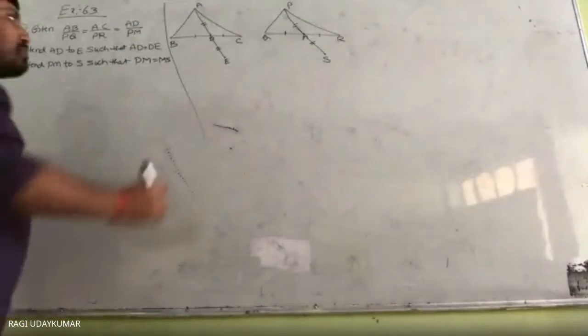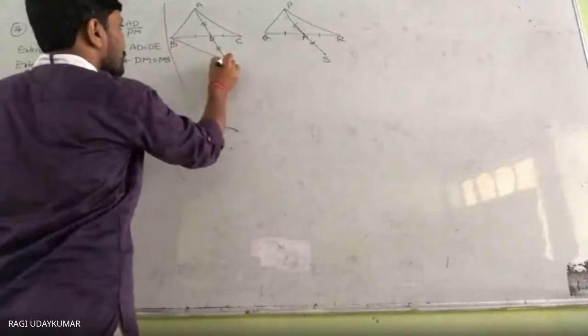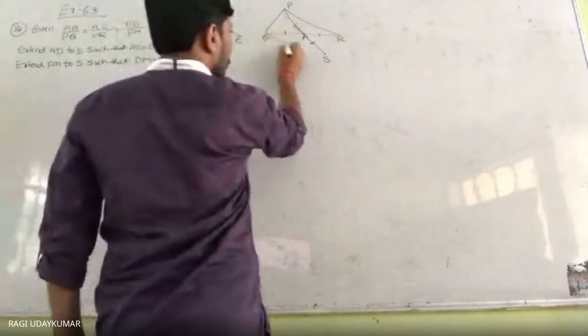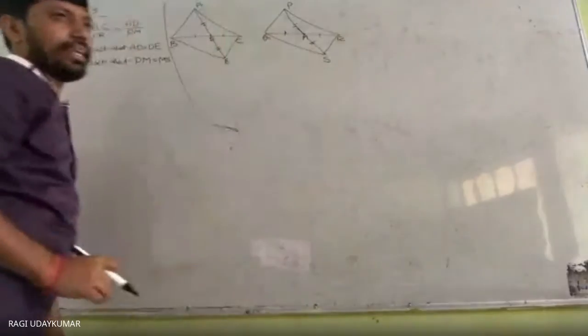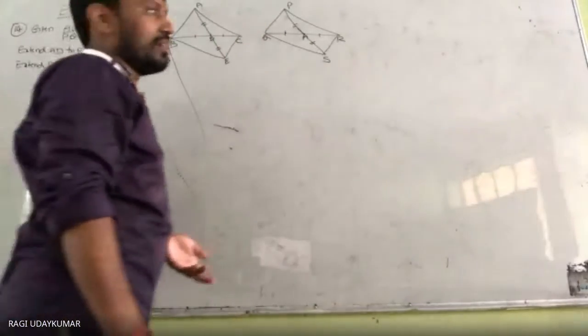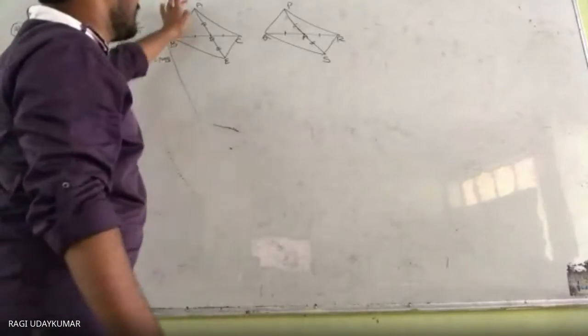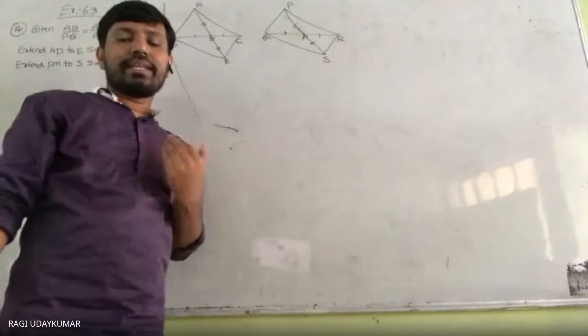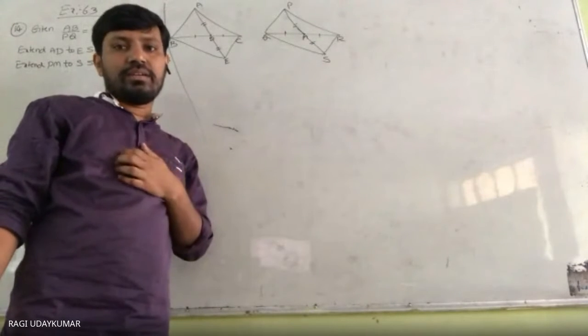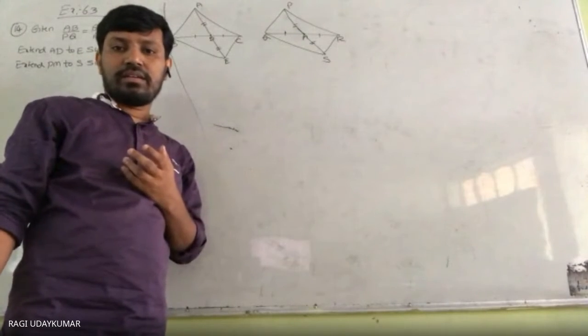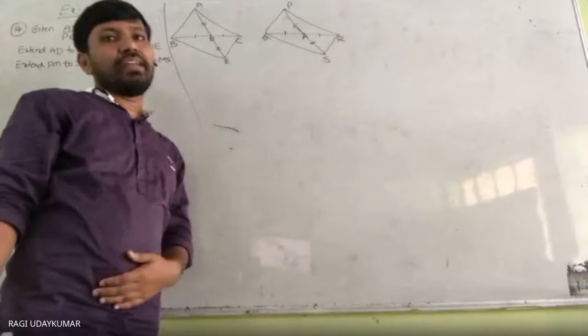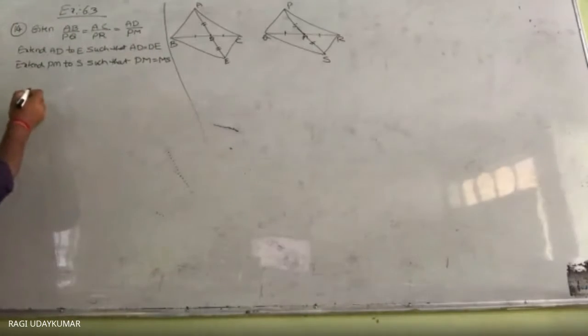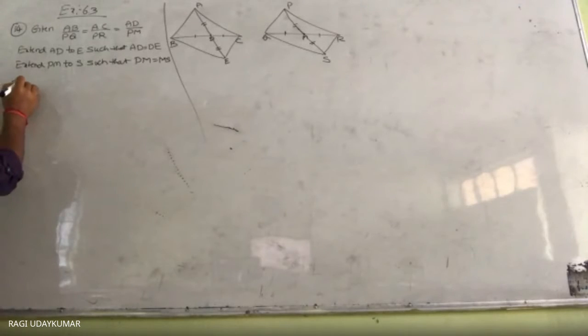So if you are observing properly, join these two. So what does it become? Don't say rectangle. It looks like a rectangle, but as per the property, the diagonals AE and BC bisect each other. A quadrilateral in which diagonals bisect each other is a parallelogram. Yes, it is a parallelogram.